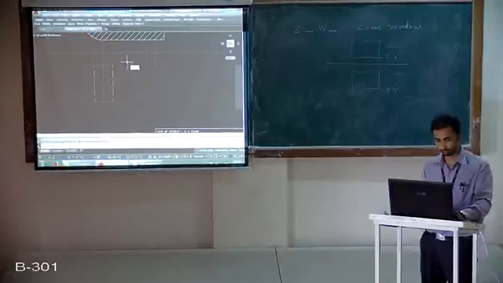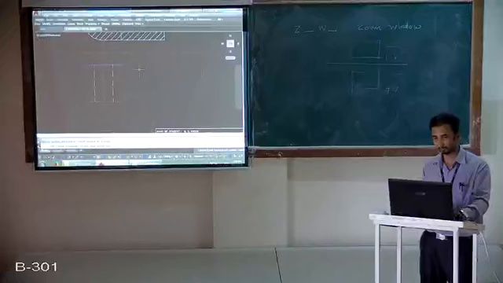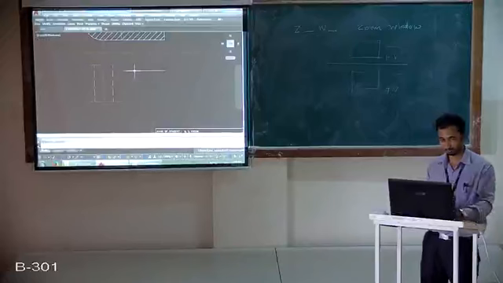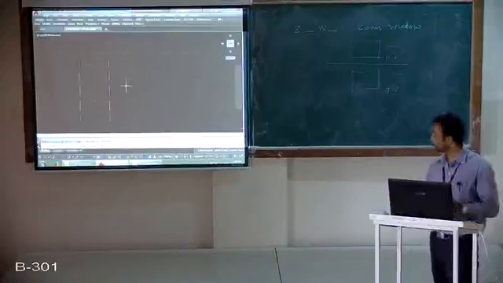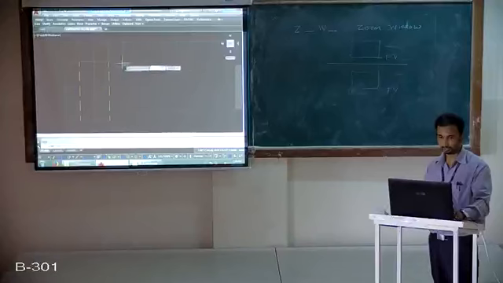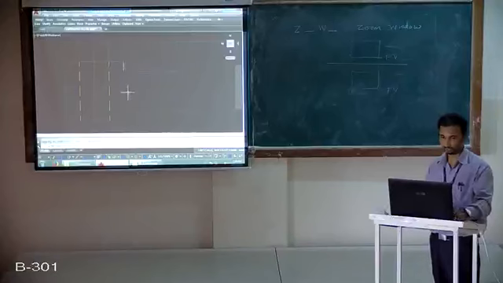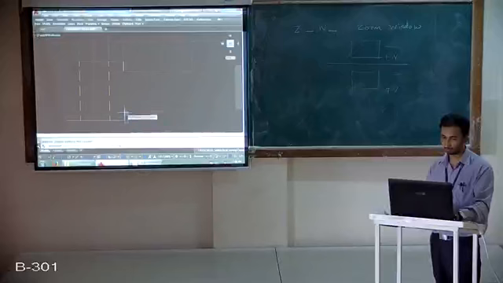Now this line appears white completely. So what you have to do is simply use a break command like this. Select this line first and then select the point to break. Then use the extend command, select this line, this line. So these two lines are different now. Use the match properties command, click on this gray line and select this line.